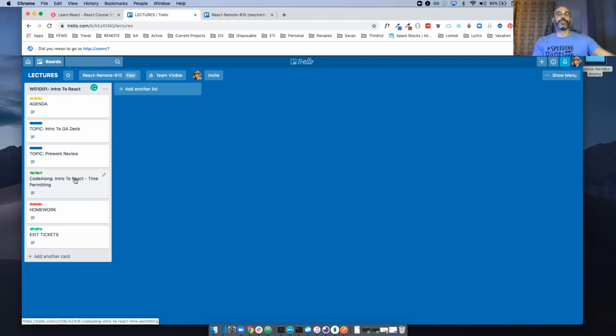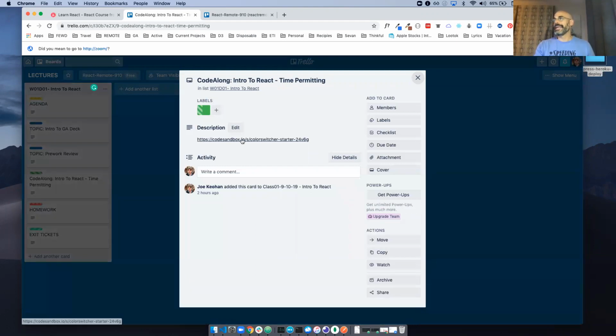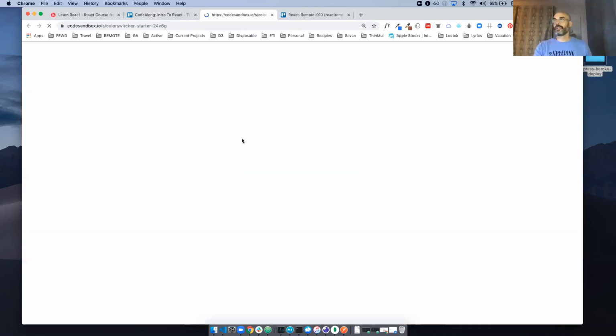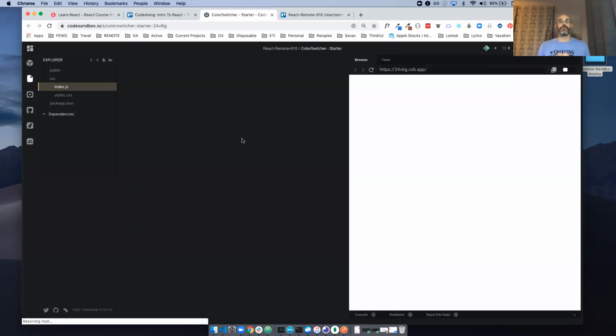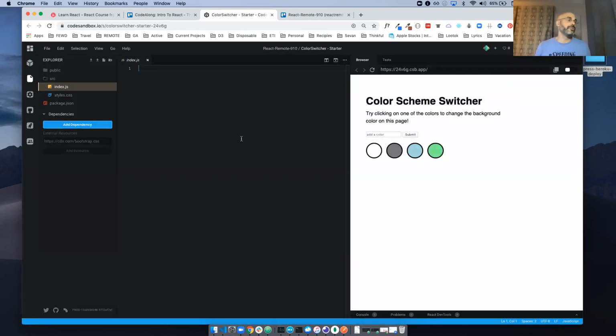So part of kind of guaranteeing everyone's on the same page with some of the tools was to jump into a little code along. I'm big with code along. So the best way to work with the remote is to have 2 monitors.